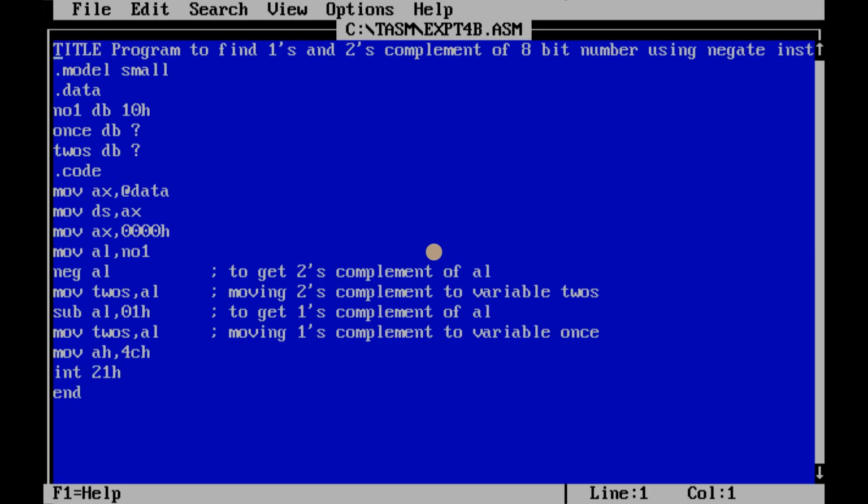Now in the negate instruction, what is going to happen there? Directly after execution of the negate instruction, we will get the two's complement of a number, and to get the ones complement, we have to subtract 1 from that two's complement, or decrement it by 1. So as usual, I have defined .model small, .data,